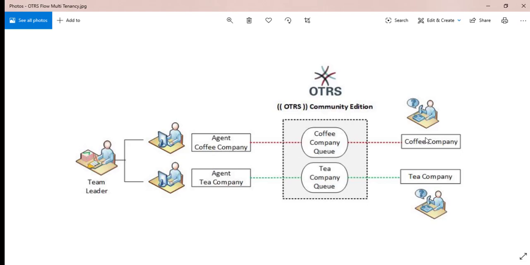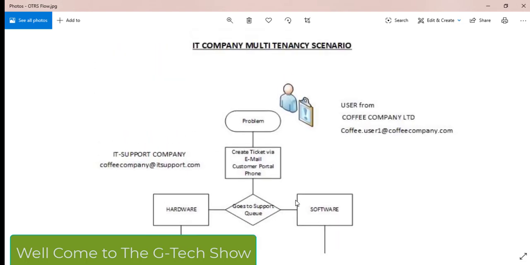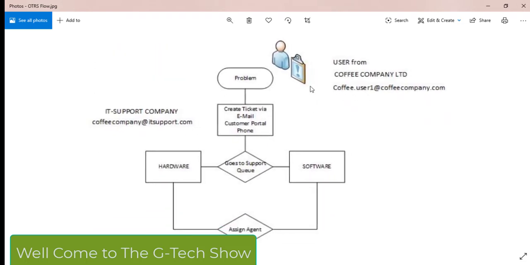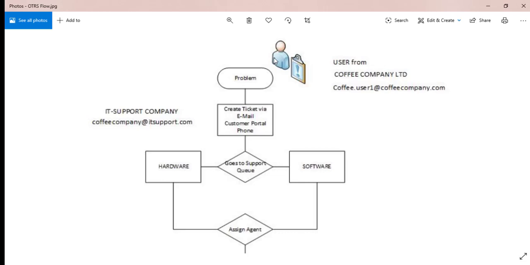So now let's check how this ticket flow will happen. Ticket flow, let me zoom. The specific company has multiple users. A user who is facing some problem wants to create a support ticket via email address, phone or a customer portal, where the customer can log in and create a support ticket.